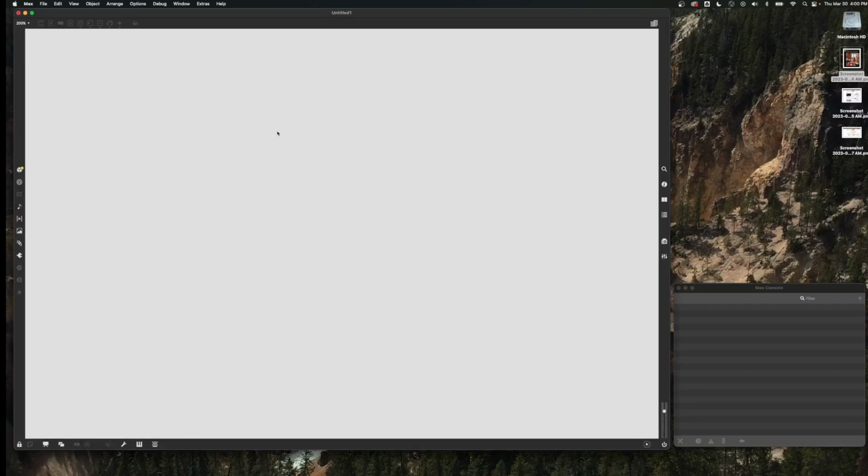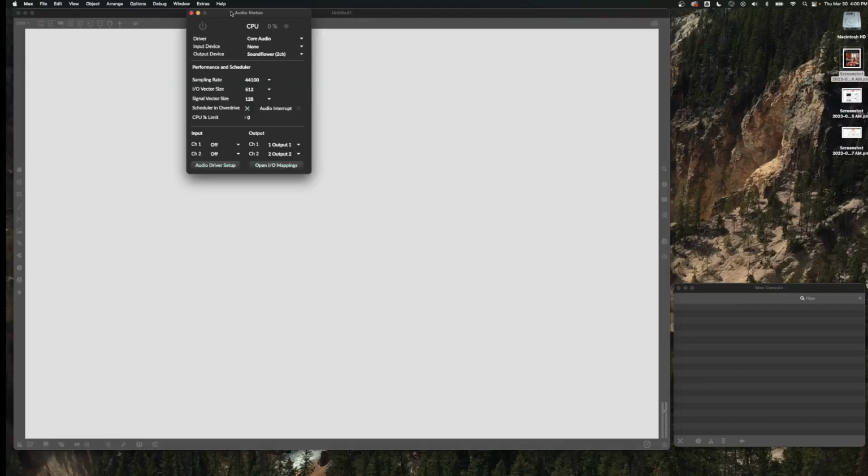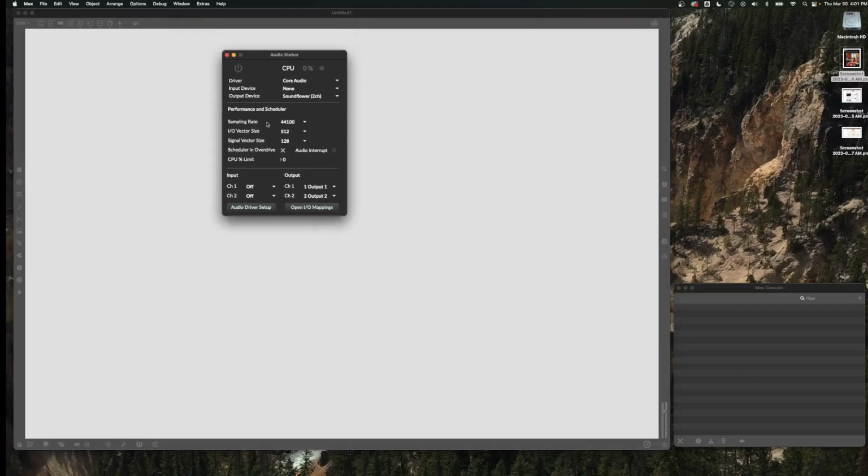So for us in Max, we need to check some things to make sure that Max is processing audio the way we think. Unlike most applications, your audio hardware setup for listening is not going to be in the preferences for Max. It's in options, and this is historical. It's always been here before these things kind of became standardized. And so you come down under options to audio status, and then a window pops up, shows you driver, input, output device,